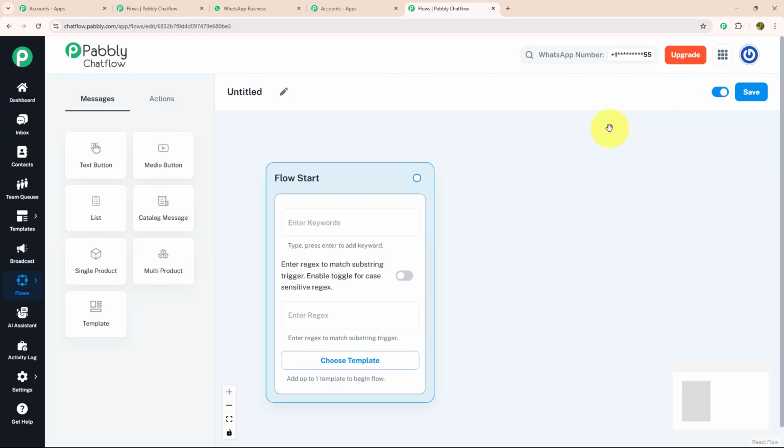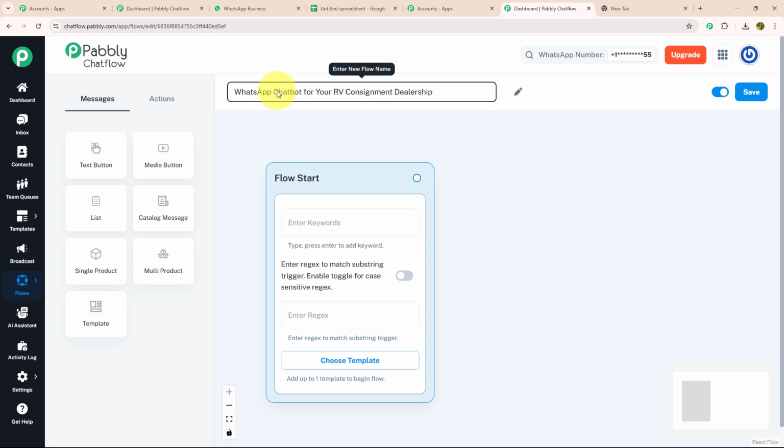Here you can see a window is open named Flow Start. Now to build a flow, first you need to give a meaningful name to your flow. As we are making this chatbot for RV consignment, I will name it accordingly as WhatsApp chatbot for your RV consignment dealership. Now after that, you need to know about three main features which are given inside the flow start,